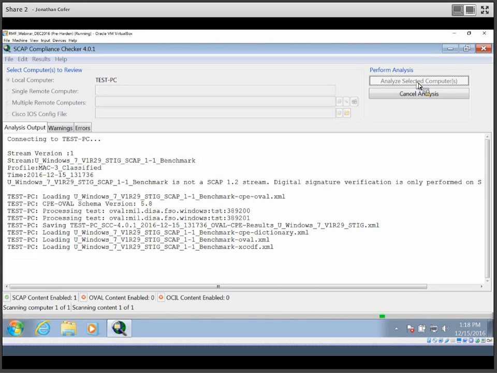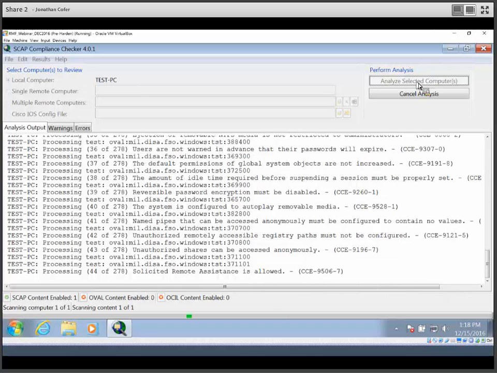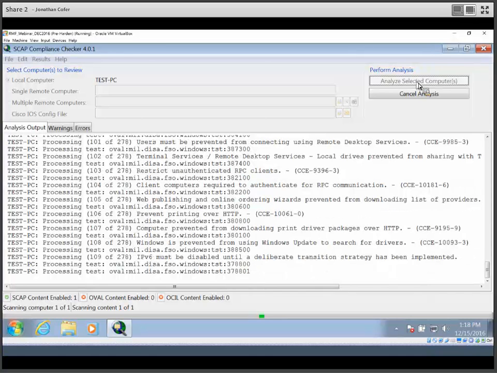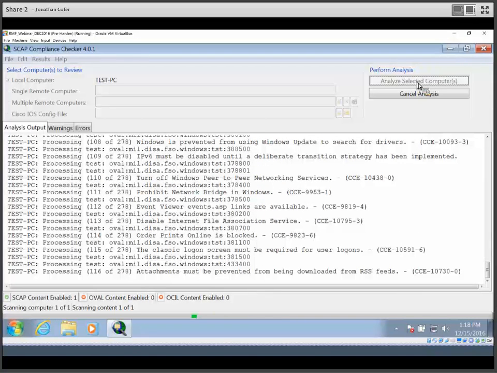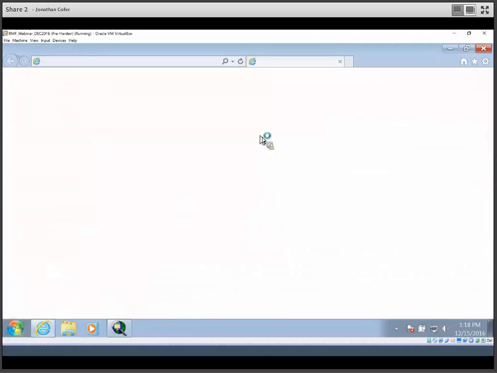And while this is scanning, because again we have some time, we do want to go over the fact that the SCAP compliance checker, as we said before, is just one SCAP solution that you can leverage. There are enterprise level tools. Some facilities may already have ones in place that are compliant with SCAP. And what we can do while this is scanning is I'll go ahead and open up Internet Explorer briefly, because what I want to do is point you to a resource that, if you want to look to a more feature-rich or comprehensive enterprise-level